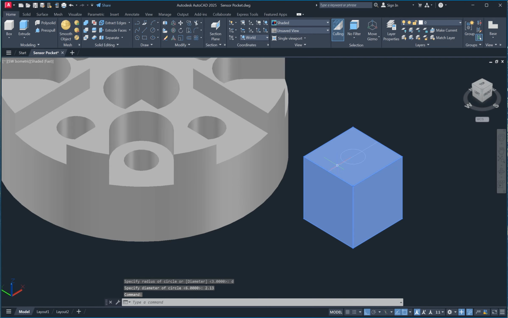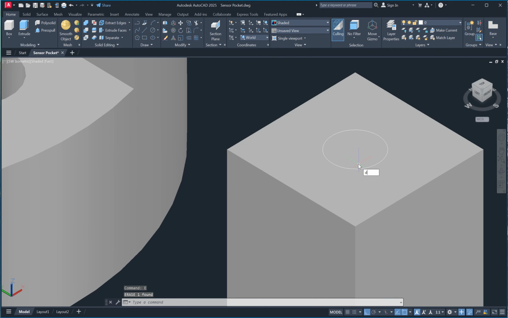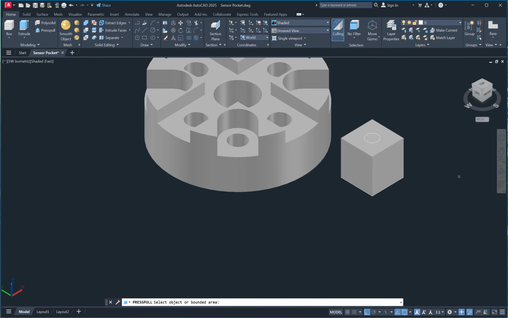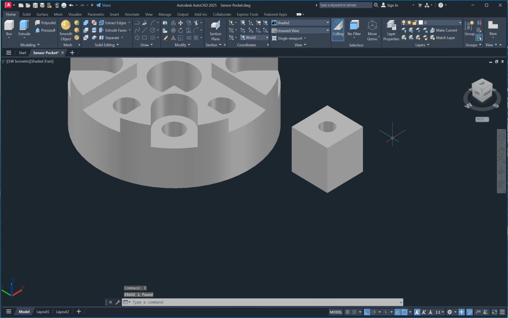So we need to erase this line, enter. We make sure to enter for confirm. And then we use command presspull to pull here to make a hole, and then erase the circle. Select object, enter.